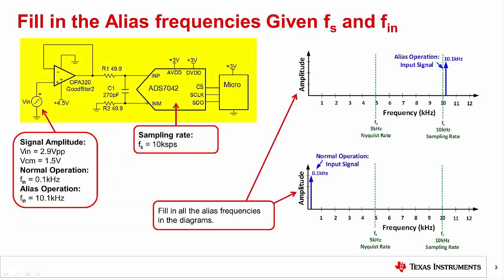In this experiment, we will use the OPA320 Good Filter 2 amplifier configuration with the ADS7042. The ADS7042 sampling rate will be set to 10 kilosamples per second. The Nyquist frequency is half the sampling rate, or 5 kilohertz in this example. Thus, any input signal with a frequency higher than 5 kHz will generate alias signals, and signals below 5 kHz will not generate aliases. The goal for this example is to predict the measured frequency for a 10.1 kHz and 0.1 kHz input frequency. First, we will use a software tool to do this calculation, then we will show the